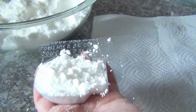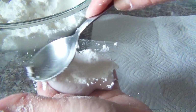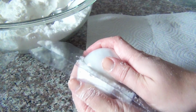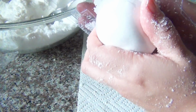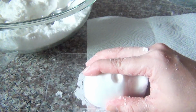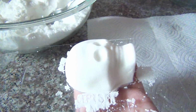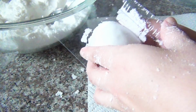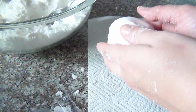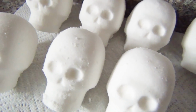Keep pressing this down as much as possible until both molds have a slight mound over the surface, and then press them together firmly for several seconds and slowly lift the front off, and there is your sugar skull bath bomb. Gently remove the back portion from it and you can brush off any seam lines on the edges and set them on a paper towel in a warm, dry place to dry for at least 12 hours before you